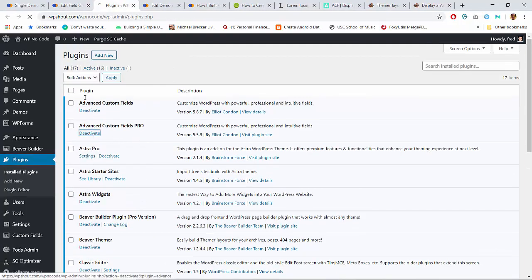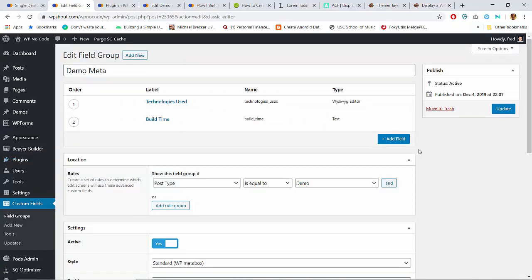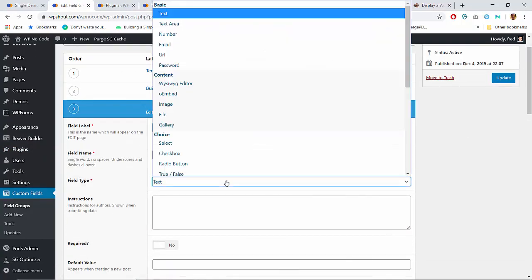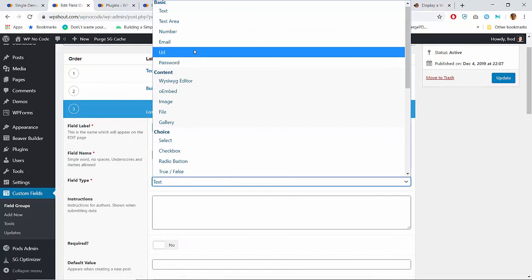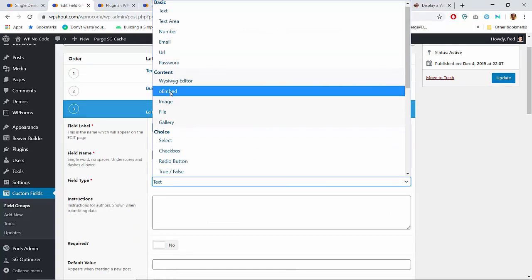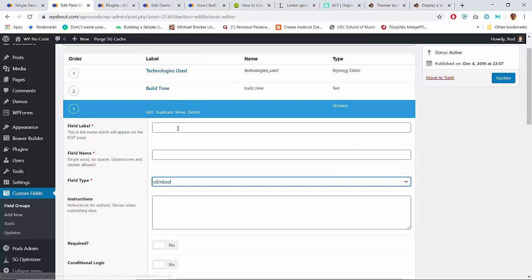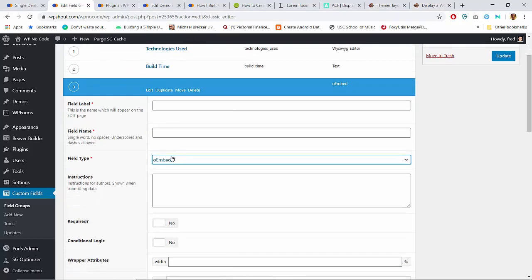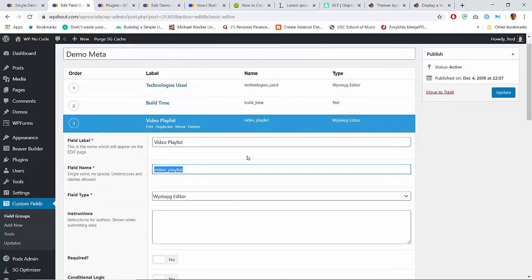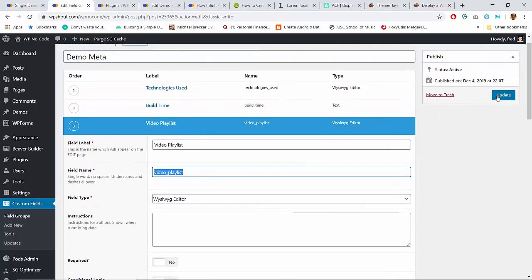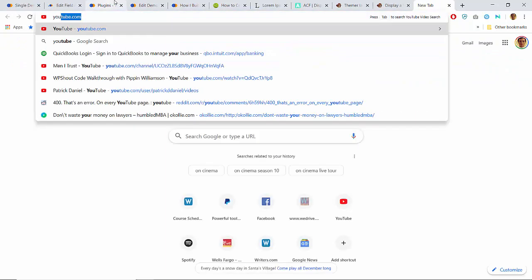Here, I'm just going to deactivate ACF Pro, and I'm just going to add a URL field or an embed field, or is there some way to do this? Okay, well, I'm just going to play with it. An oEmbed, huh? I don't think that's the same thing as a YouTube embed. Maybe we'll actually make it a WYSIWYG, yeah. Because that should embed YouTube videos. So video playlist. Let's just try it with